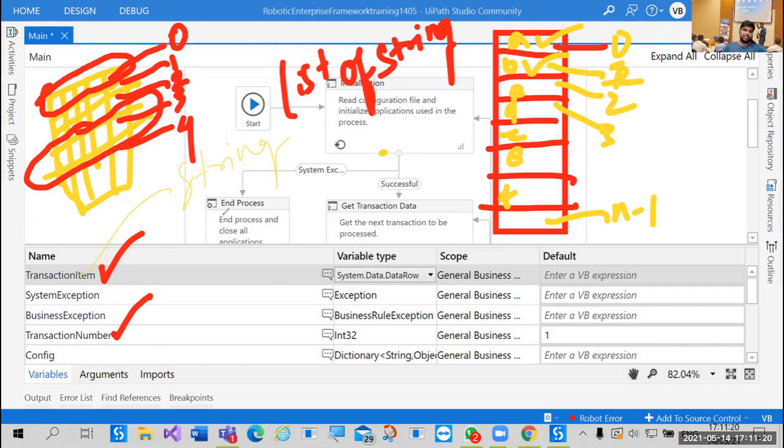Now let's assume that this table is called transaction data. What is this table called? Transaction data. And this complete list will also be called transaction data.